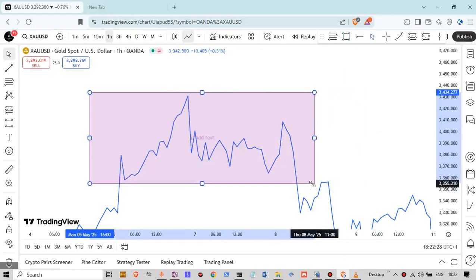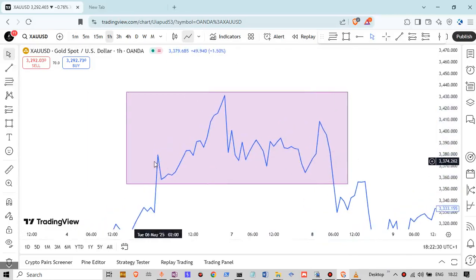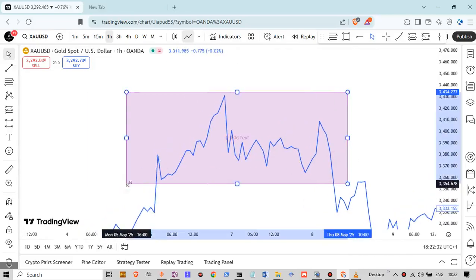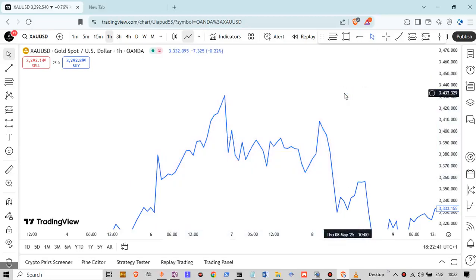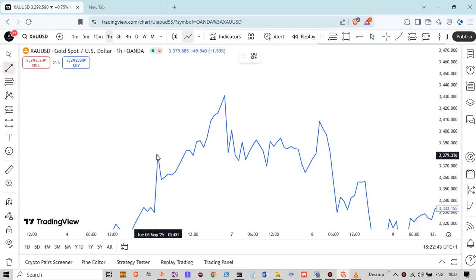Okay, please do me a favor and allow your eye to be within that rectangle space. You will see that when price, so I'm deleting that box, so let your eye just be there. All right, you see that when price came above this guy here, it broke it, right?